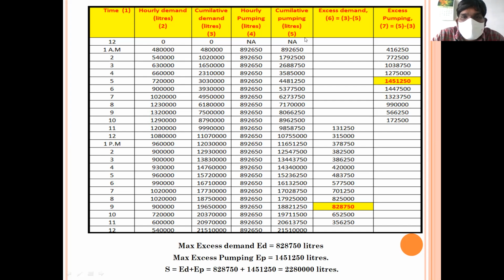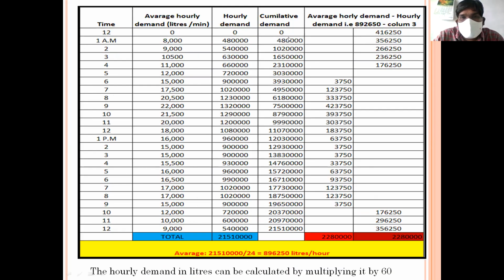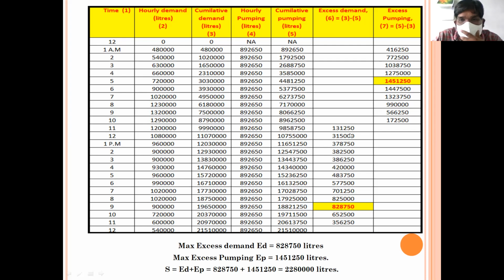Column 3 minus 5. See here, column 3, what is it? 99,90,000. Understand? And minus, this is cumulative pumping, 98,58,750. Still in demand is 1,31,250. That means cumulative demand minus cumulative pumping. How are we getting cumulative pumping? Simply by adding these two, whereas the cumulative demand is by adding these two. Understand? See here, still in demand is